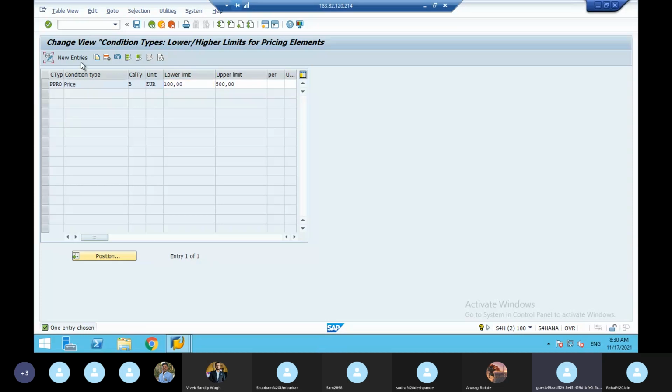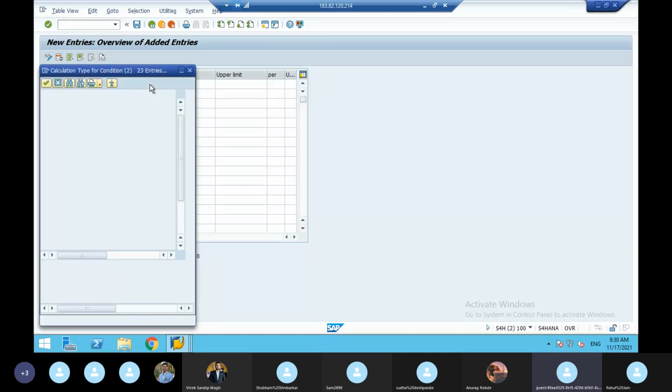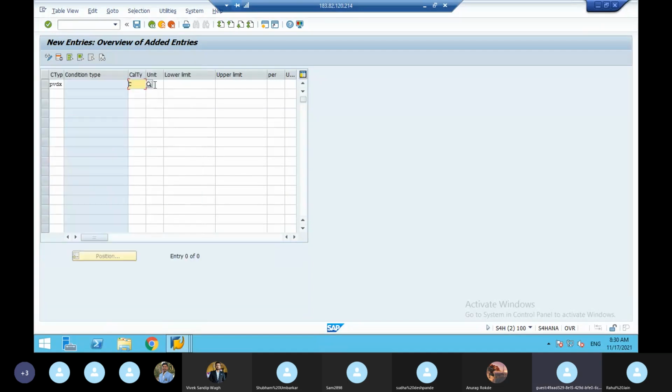So here you have to go to the new entry. Here I'll maintain PVDX. The calculation type for the base price is quantity. Next, the unit is INR. And next, the lower limit: 22 karat gold 100 rupees, 24 karat gold 200 rupees.